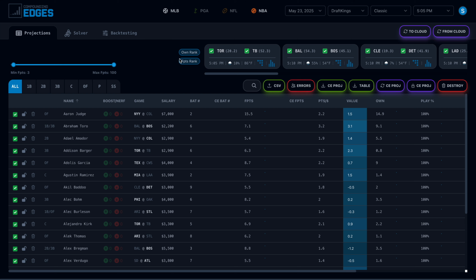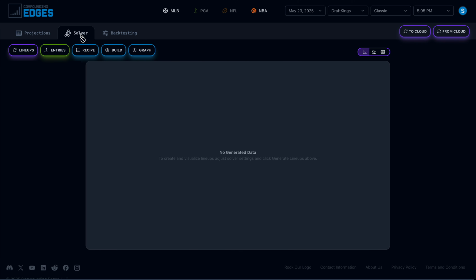Now that we have all of our projections covered, let's move on to creating lineups. Currently, we're only supporting initial lineups. We're not supporting late swap, but that's going to be coming in a week or two. But if you want to get started playing MLB and generating lineups, all you have to do is click the